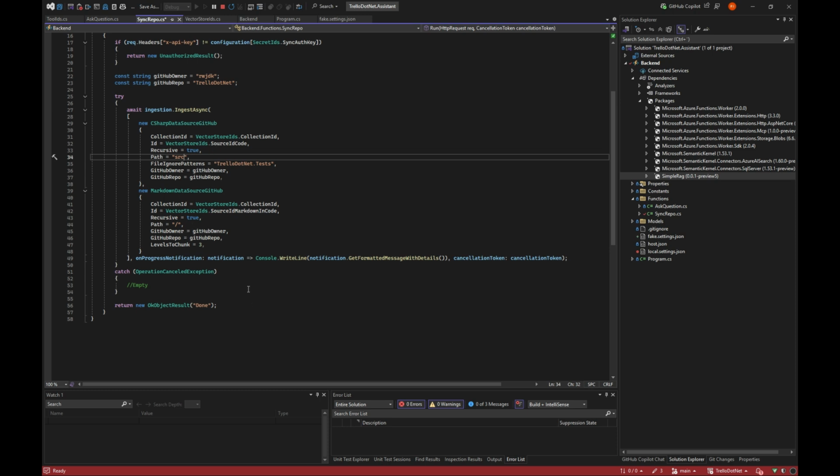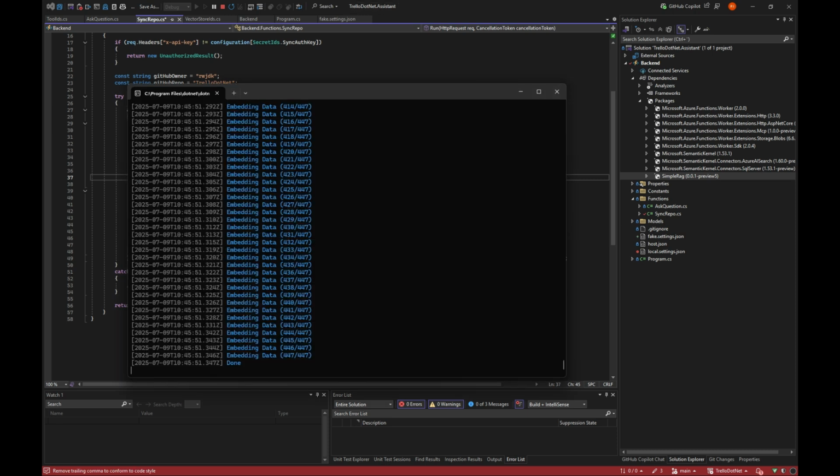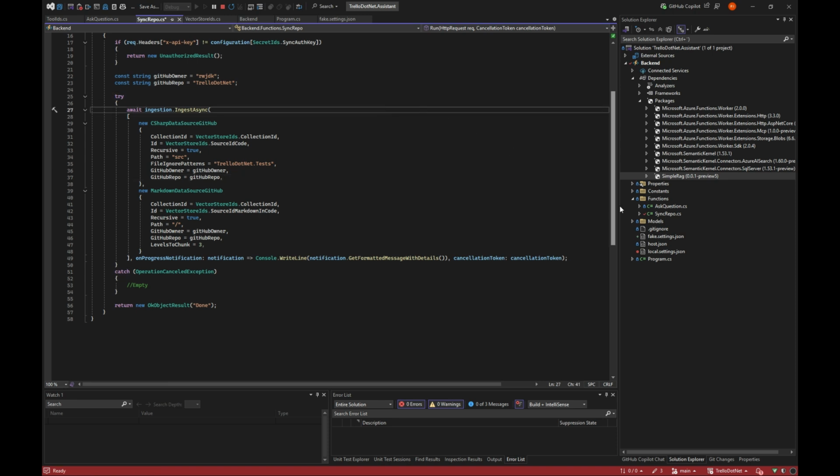Again, the other video will show that part. But this is the only thing I need to do. So if you don't care about all the behind the scenes stuff and you just want your repo to be ragged, you only need to write these lines of code and then you're done. So we can see down here, it's actually done here with all the data. It embedded both. And we are done with the syncing part.